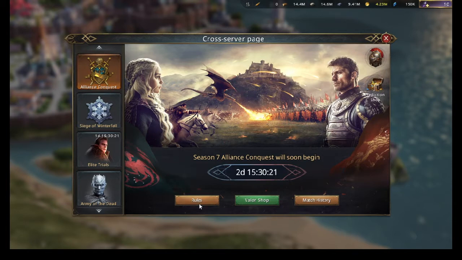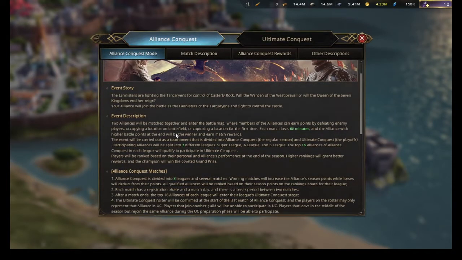So first of all, you can see here, event description. Two alliances will be matched together and enter the battle map, where members of the alliance can earn points by defeating enemy players, occupying a location on the battlefield, or capturing a location for the first time. Each match lasts 60 minutes, and the alliance with the higher battle points at the end will be the winner